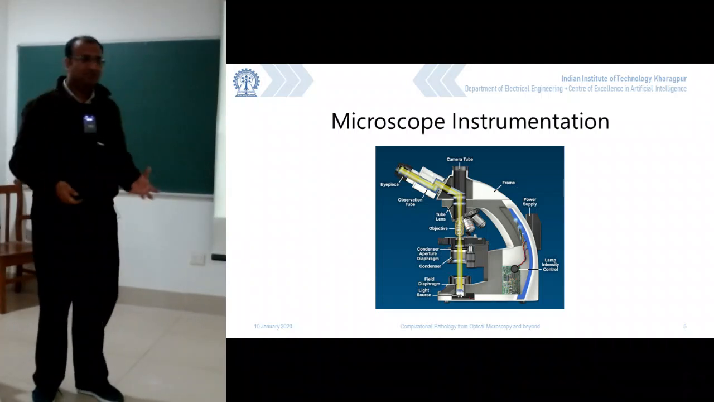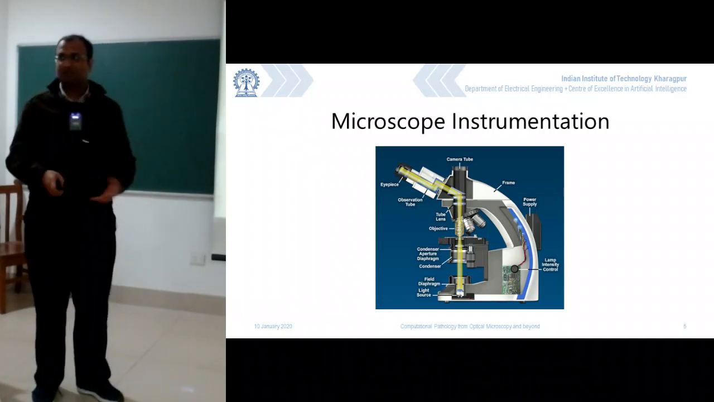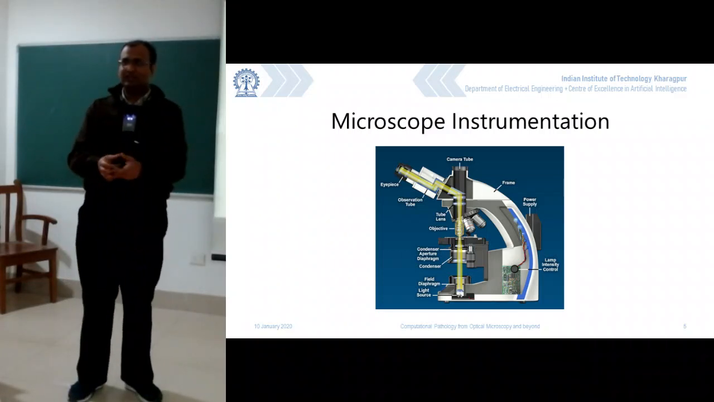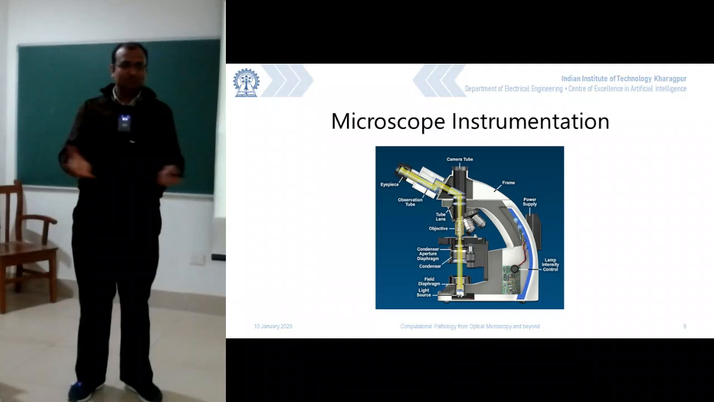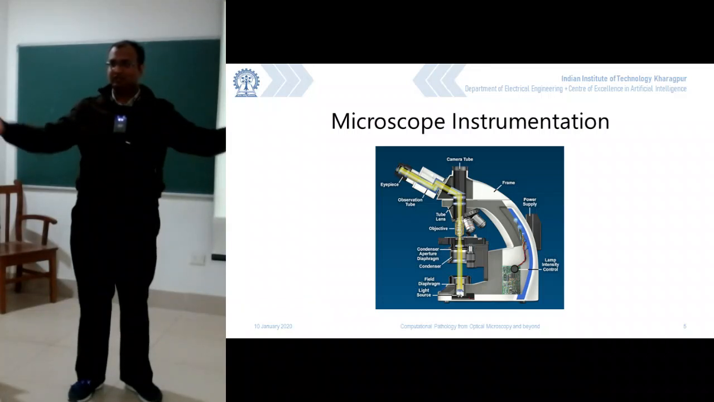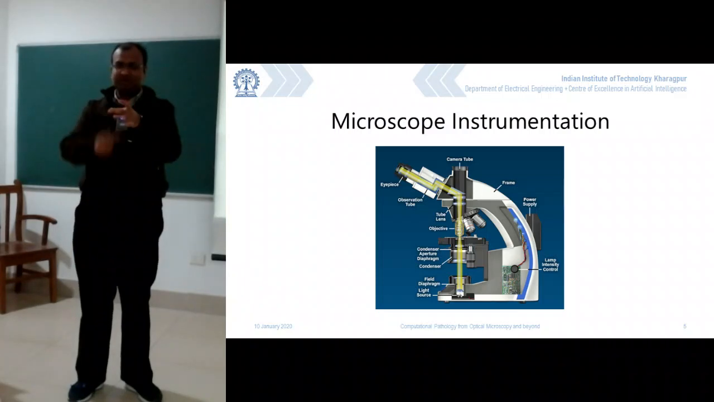So in a typical instrumentation of a microscope, what you have is a light source at the base over here. There is something called a field diaphragm. Now the role of this field diaphragm is pretty simple. If you have a bulb and there is light coming out of the bulb, that is going to spread everywhere uniformly. Okay. But here, if I have something placed over here, I would like a parallel beam of light to